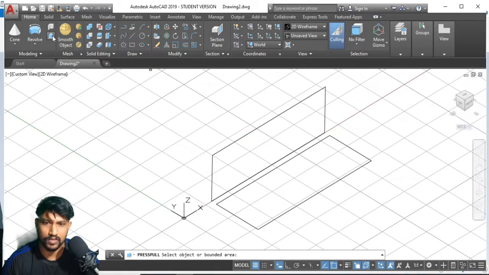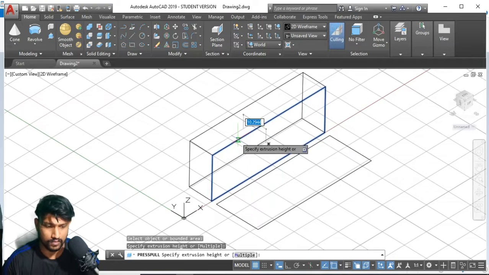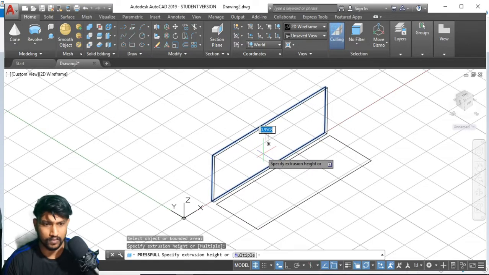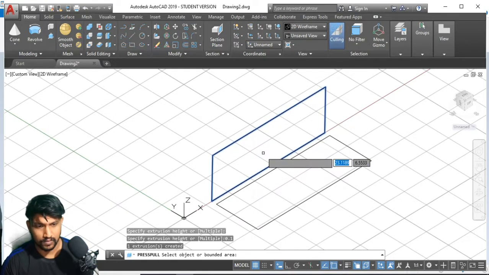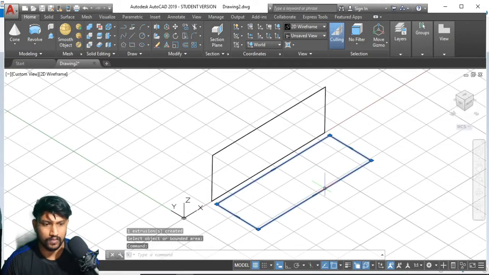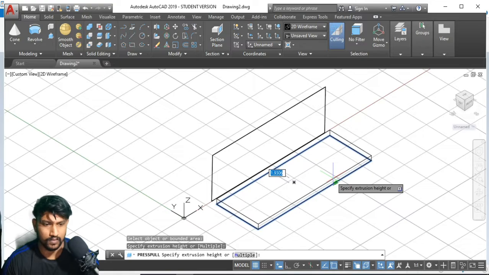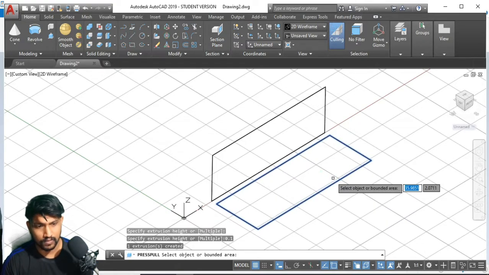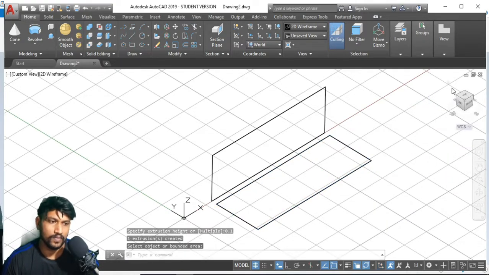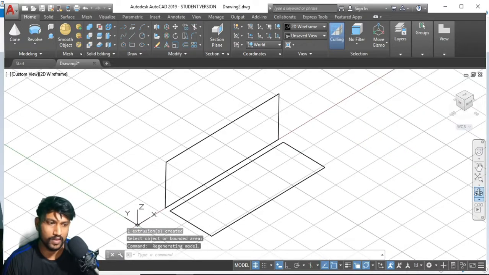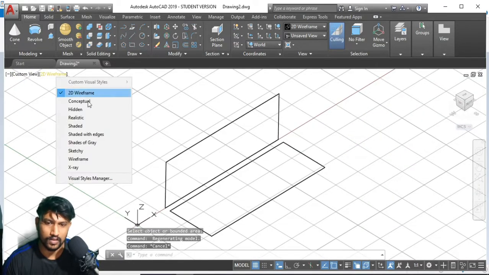This one should also be press pulled. I just want them to look like planes, so that's why I took very small dimensions.